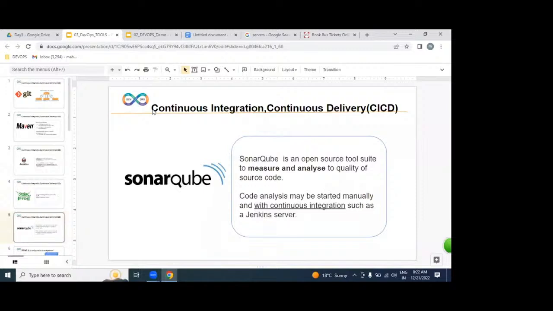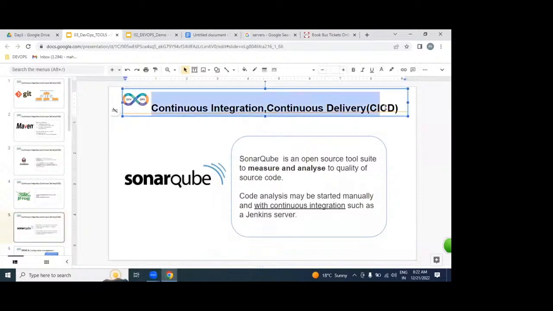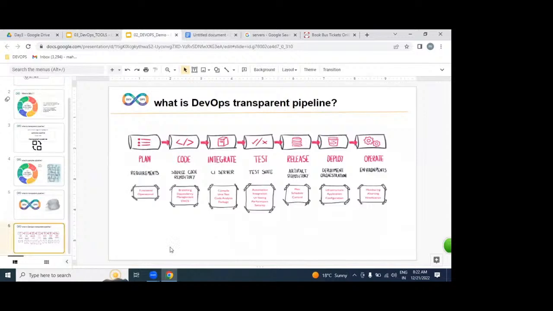With the help of these tools, we are going to be implementing the CI/CD process. CI/CD means continuously integrating and making working software, and delivering continuously. Once it is delivered, we are going to be placing our applications on hundreds of servers. These hundreds of servers we are going to automate with the help of